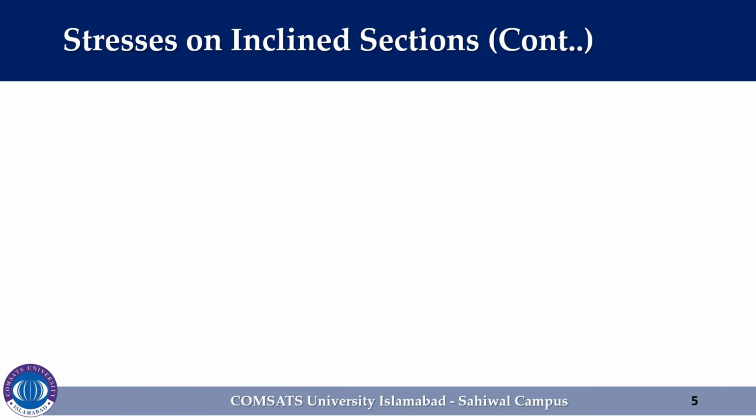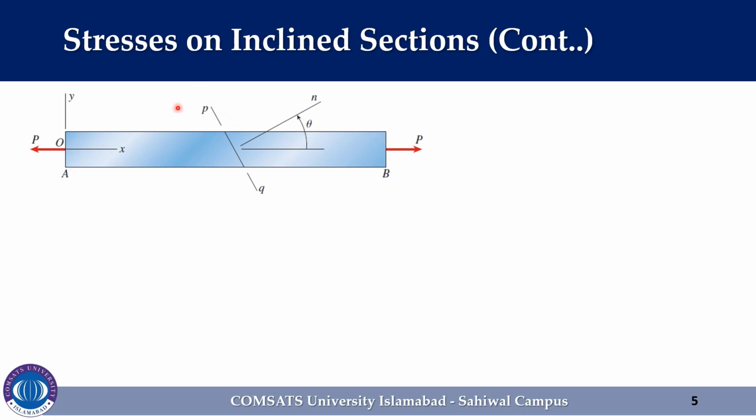As our task is to derive an expression for stresses on inclined sections, we need a scheme for specifying the orientation of the inclined section PQ. A standard method is to specify the angle theta between the x-axis and the normal to the section, as illustrated here in the figure. Thus, the angle theta for the inclined section shown in the figure is approximately 30 degrees. By contrast, in the previous case the cross-section MN has an angle theta equal to 0. So let us now return to the task of finding the stresses acting on section PQ.